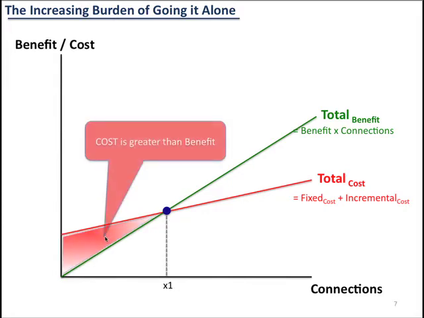And you felt that. Think about the first time you started blogging, or the first time when you only had 10 Twitter followers, or just your mom and your brother following you on Facebook as friends. It seemed like we were just writing or tweeting for ourselves, right? So that's represented by this area where each point along the red line, which is total cost, is higher up on the y-axis on that benefit curve or that cost curve than any point along the green line, which represents total benefit.